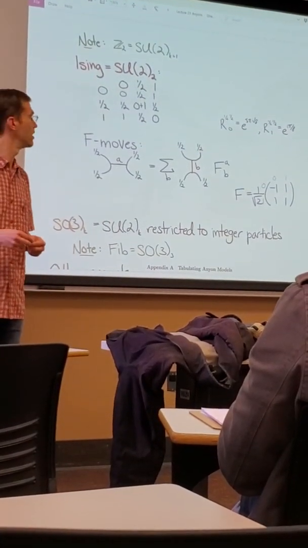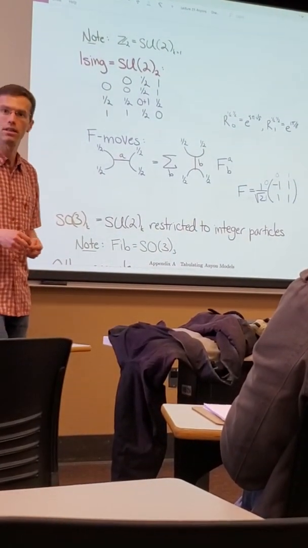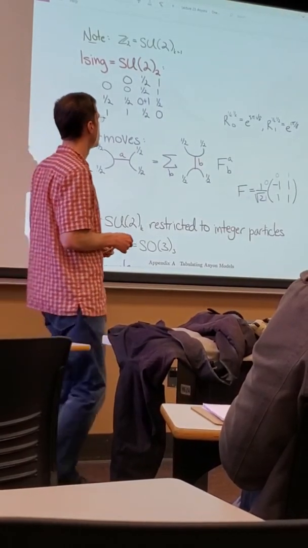Sorry, is that the Z gate or the S gate? Minus Z gate. That's right. The S gate? Why? The e to the 5 pi